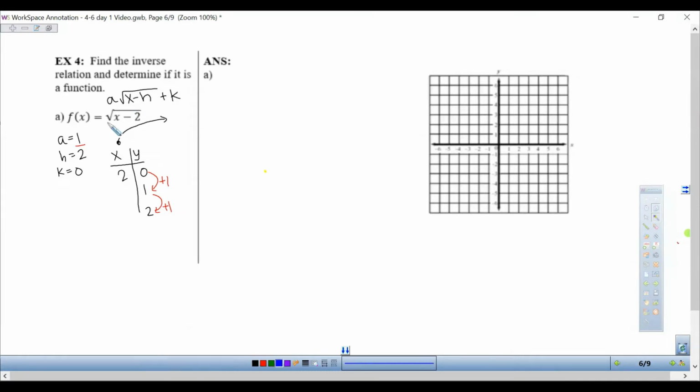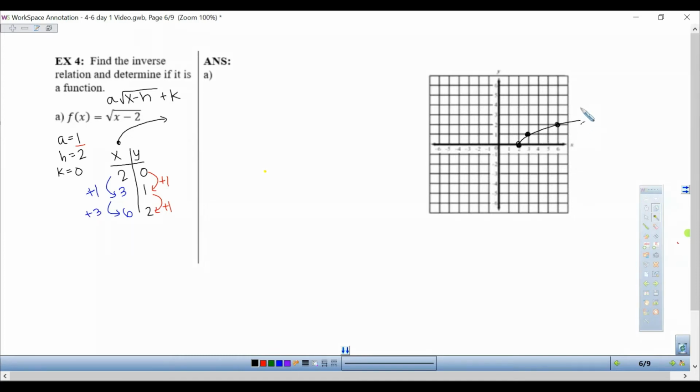And then remember that this was the inverse of a quadratic. So I add odd numbers to get the values on the left. So 2 plus 1 is 3. 3 plus 3 is 6. So that means that my graph for this will have the points (2, 0), (3, 1), and (6, 2). So that's going to be the graph